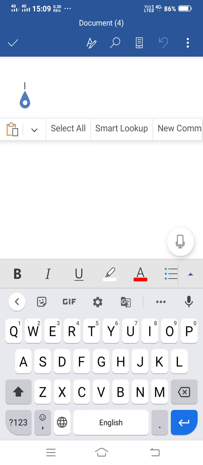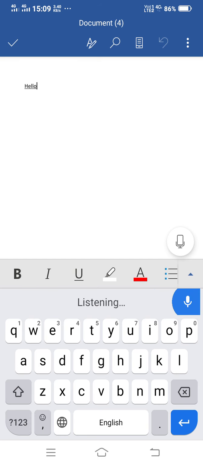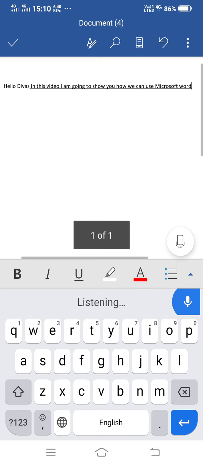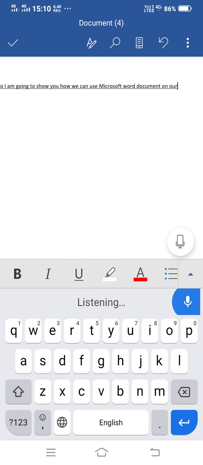Now I am clicking on this mic icon to show you how we can use this voice command. Hello viewers, in this video I am going to show you how we can use Microsoft Word document on our smartphone.